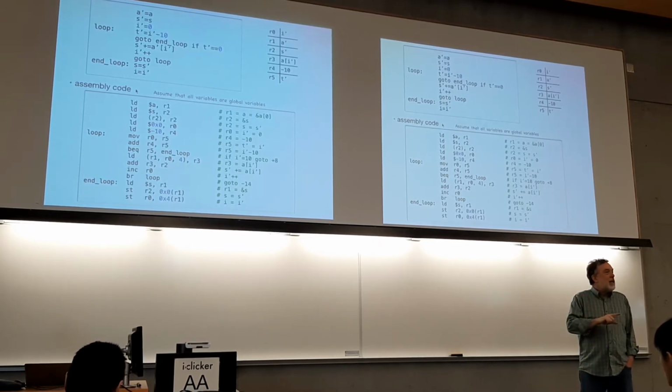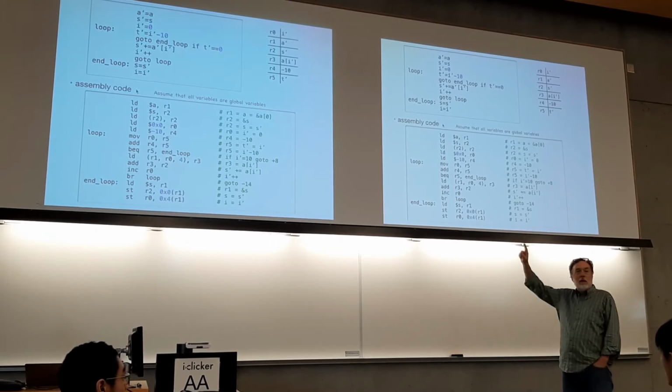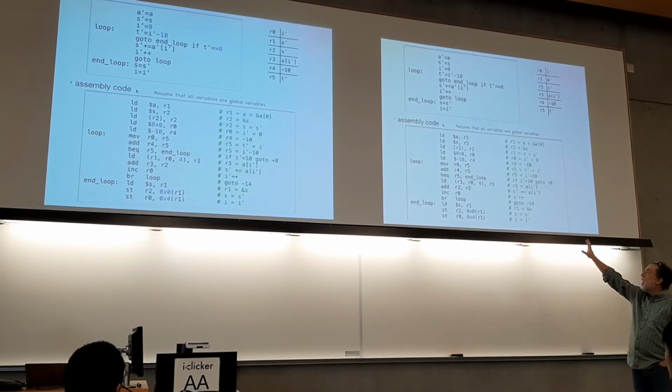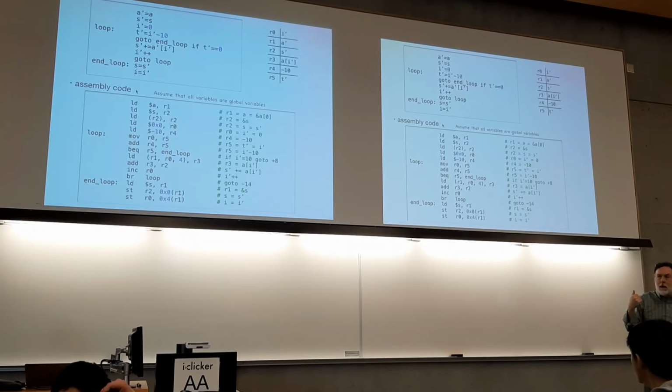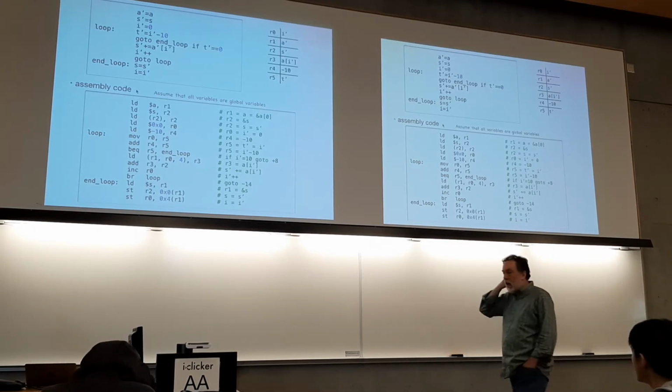Great question. Back to the main topic here, which is, now we get to this assembly code. This is where we left off last time, and I asked the question as we were packing up to leave, is this easy to read? And the answer is no. And so we're going to talk about that briefly now, and then we'll come back to it after we do